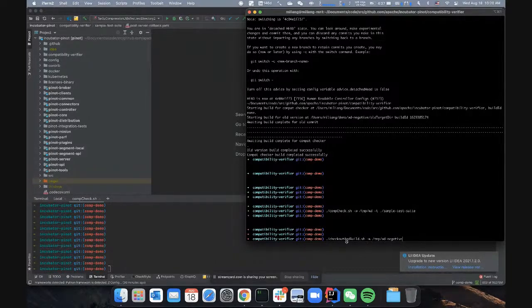Basically, you can use the script check and build to build the release. You can specify a work dir. The work dir means the code will be checked out into this dir and build the old release and the new release. You can also specify the commit number.